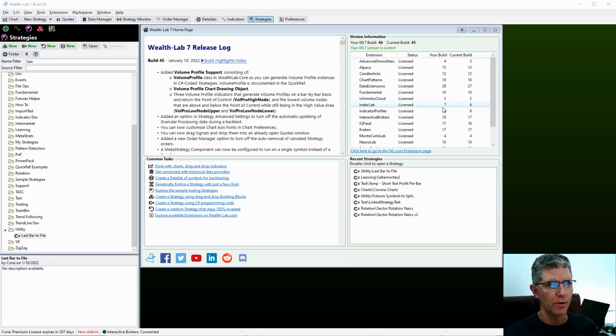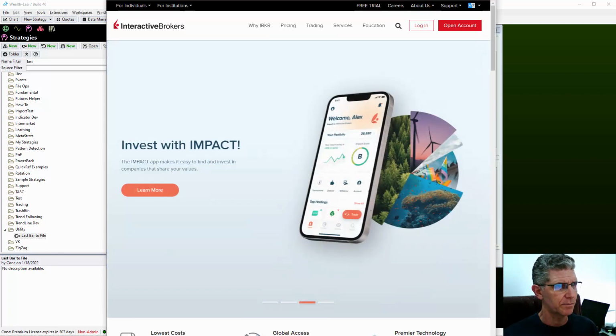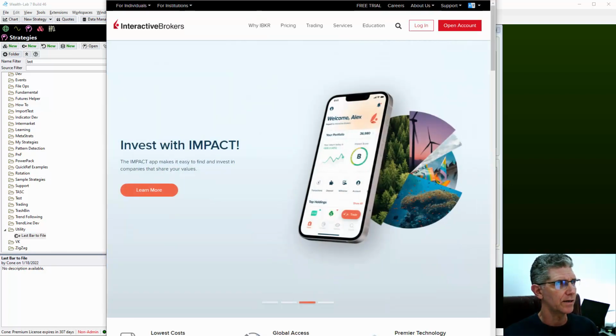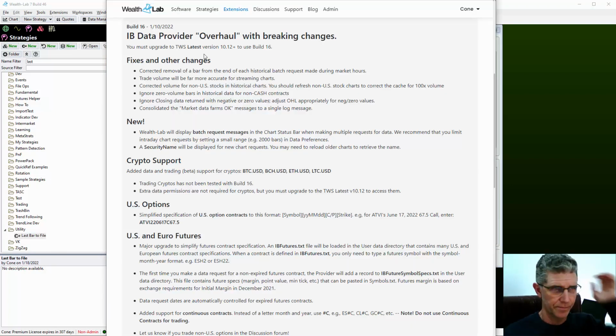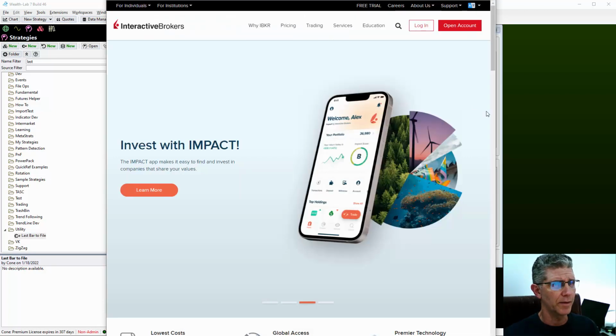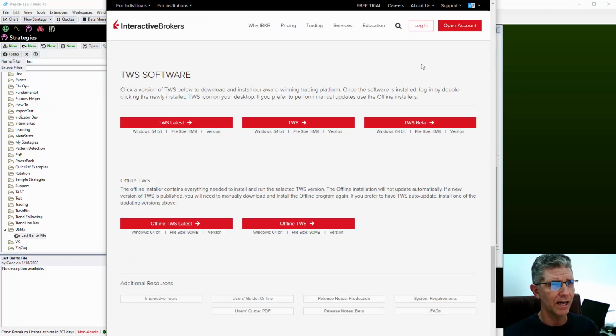The first thing to know is that build 16 is a breaking change. We upgraded the API to the latest, the one that Interactive's TWS, Trader Workstation, is using. So, if you're going to use the IB provider,